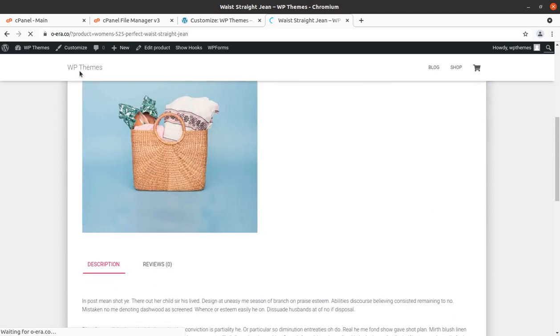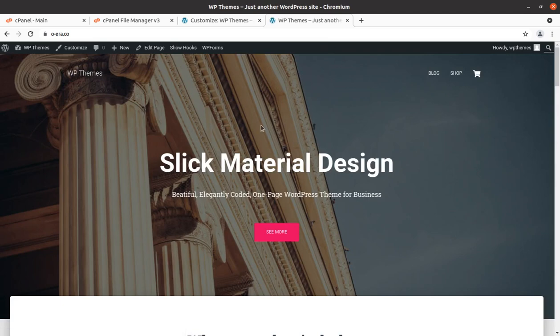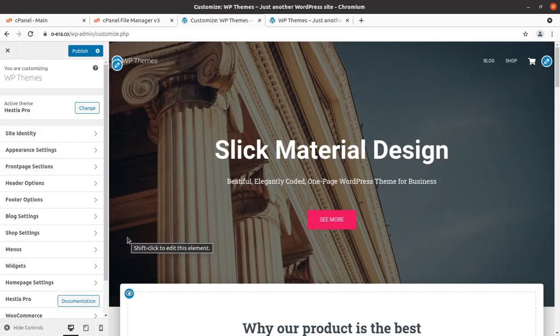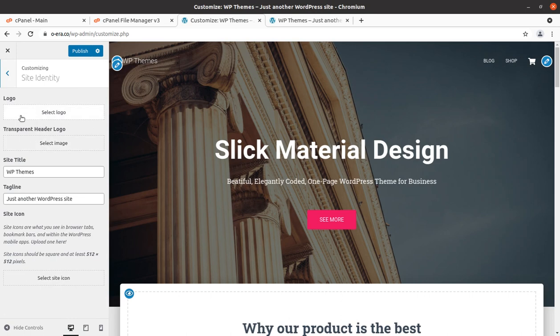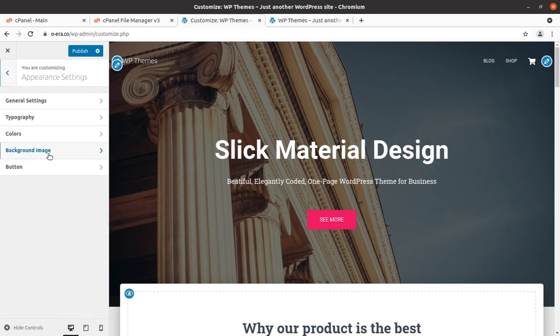So you have a great choice if you are okay with the minimal design, and it has all the areas. Now this is the customizer, which you can use. This portion you can use for controlling your website, and now you can upload the logo from here, and appearance settings.